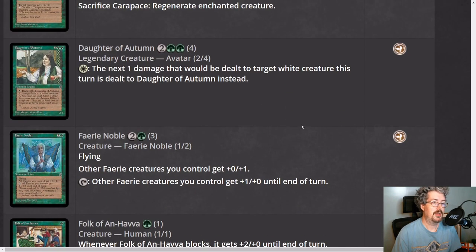All right, Daughter of Autumn. This is a rare. She is a legendary 2/4 Avatar, 2 and 2 green, and you can pay a white, and the next 1 damage that would be dealt to a white creature this turn is dealt to Daughter of Autumn instead. So she's got some of the damage redirection effect that like Hasdur the Abbot has. She comes down a turn sooner, has a point less toughness, and she does 1-for-1 white mana, whereas he does X and tap. But anyway,